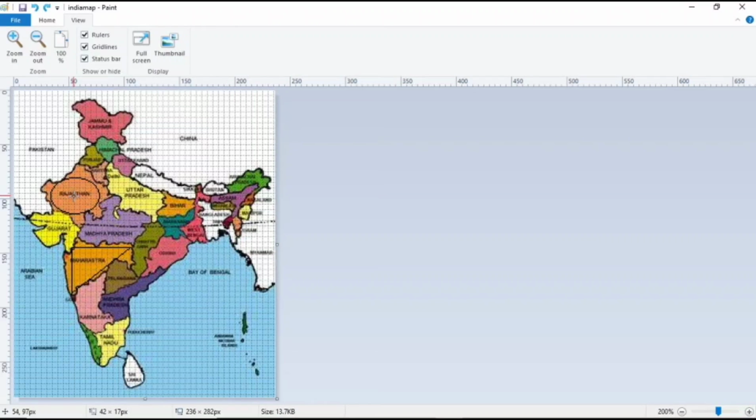So this is the center. Just try to place it in the center of the circle. Once you do that, you will find the coordinates at the left bottom, 55,98 pixel. So just write it down, and then next you consider the radius. From there, 2.5 squares. This means it's 25 pixels. So that is the radius of the circle. By using these three values, we can plot this circle.